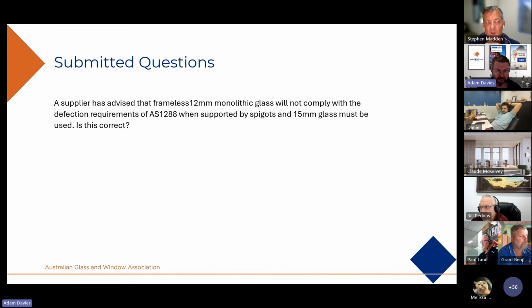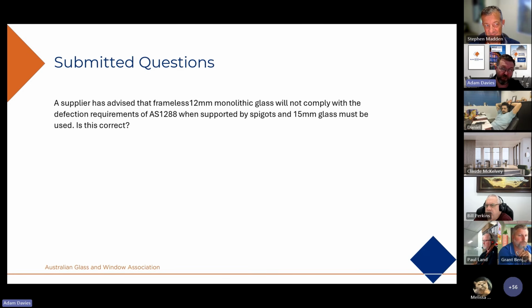In the case of only 15mm, no, I can speak to this very directly. I have seen Appendix H test reports where 12mm glass has satisfied the deflection criteria of 1288, which is a span on 30 or maximum 30mm. So I have seen results to this. Additionally, those results were without an interlinking handrail where the test was done. But in the case of if the testing was done as a system with the interlinking handrail, well, then it would be